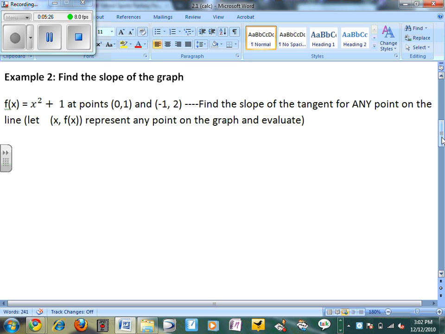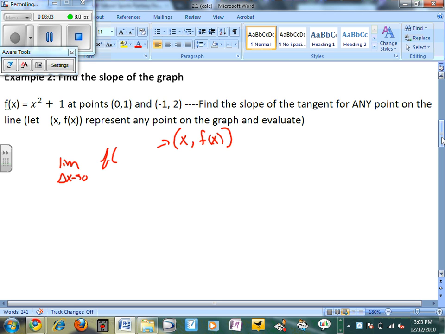So what we're going to do is find the slope of the tangent line for any point on the curve. So we're going to do it in general: instead of picking a point for our c, we're just going to let x represent our c. So we're going with the point (x, f of x). So instead of plugging 2 in like we did in the last equation, we're going to plug in x. So we want to find the limit as change of x approaches 0 of